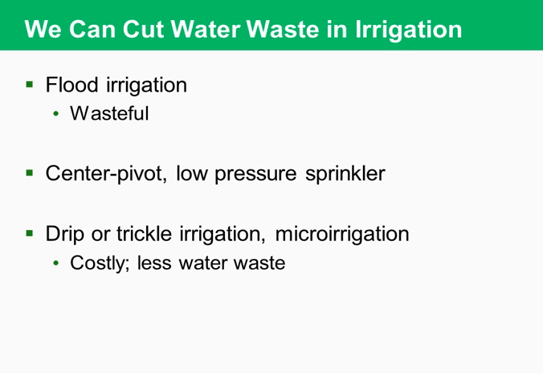But the actual most efficient and the best way to go would be a drip or trickle irrigation, micro irrigation system. That one will deliver small amounts of water precisely to the crops, because you're basically going to have plastic tubes with a bunch of holes in it, and those pinholes will let the droplets of water hit the roots of the plant really close to the roots. That way it's going exactly where it needs to go. Problem with that one, though, unfortunately, is that it's expensive, but it does reduce water waste by 90 to 95%, which is how much of the water will actually hit the crop. So that's pretty impressive right there.